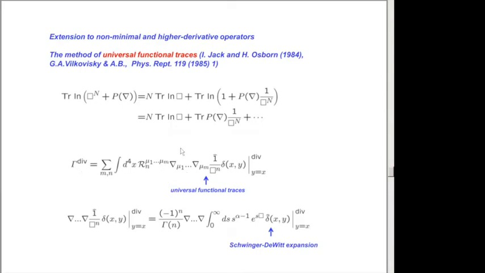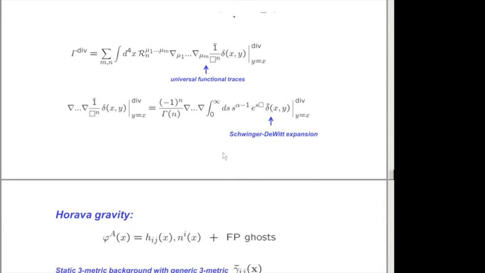The calculation of these universal functional traces was first suggested by Jack and Osborn very long ago. And then this technique was developed in much detail in my paper together with Gregory Vilkovisky about the same time. These divergences can be very easily calculated by just plugging in this expression. You can again represent this power of the inverse box by the integral over the proper time of the heat kernel, then plug in the Schwinger-DeWitt expansion, and then you get the divergences of this expression in terms of Schwinger-DeWitt coefficients. So this is more or less doable, but